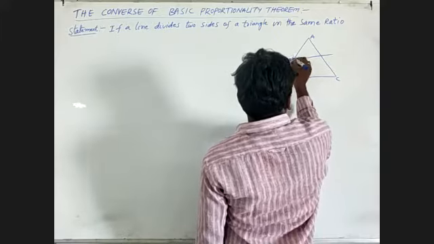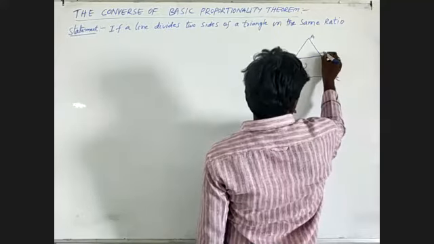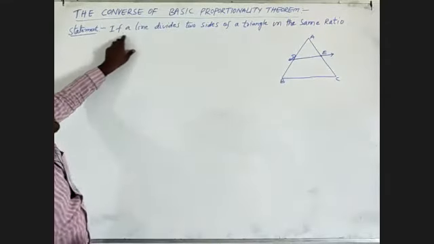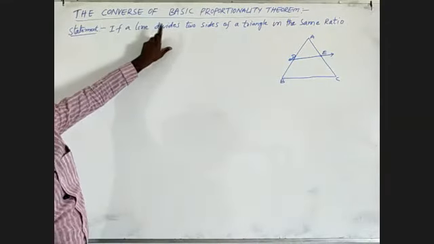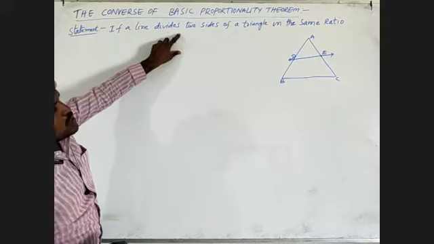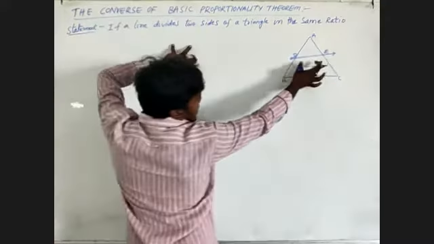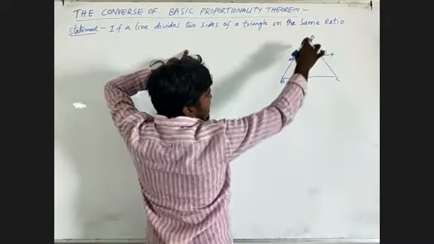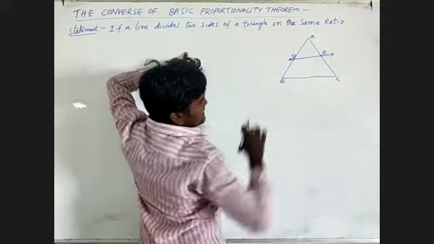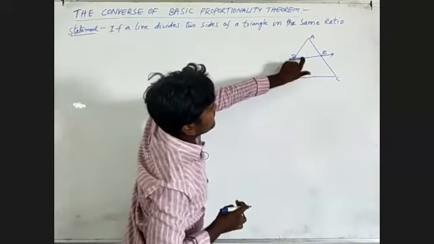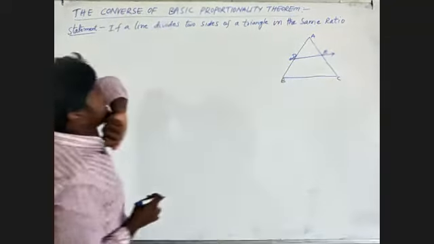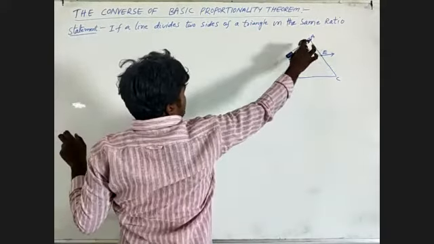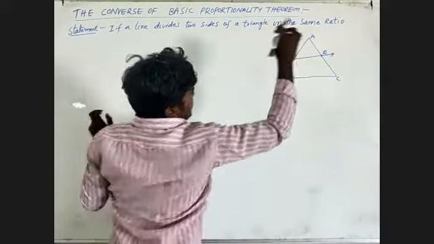Name it as D for this point and E for this point. If a line divides two sides, one side is AB and the other side is AC. If a line divides two sides of a triangle